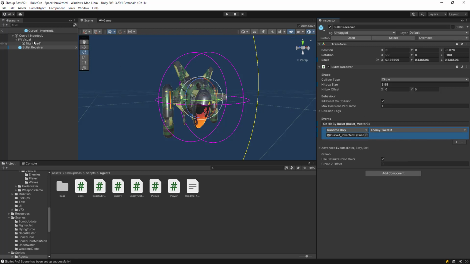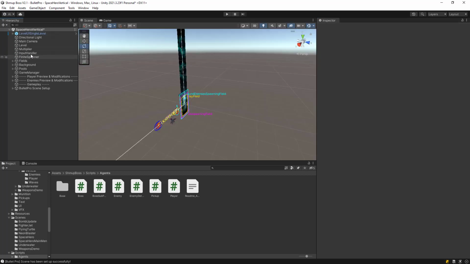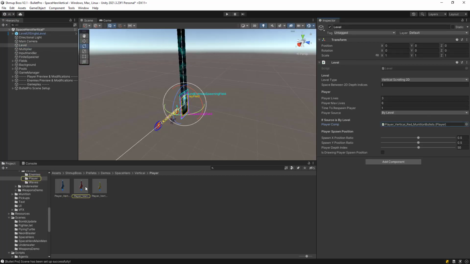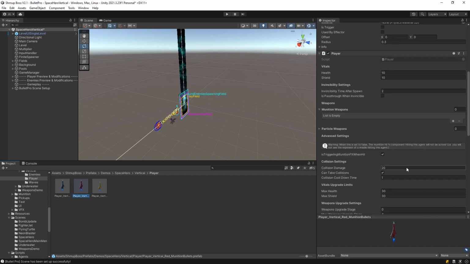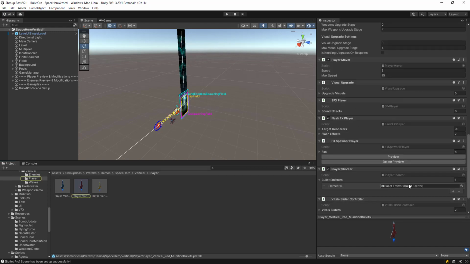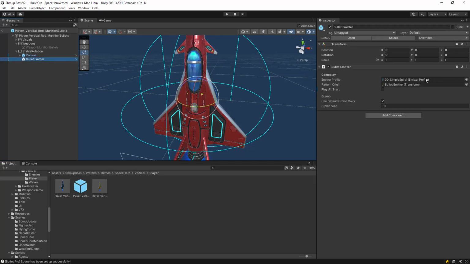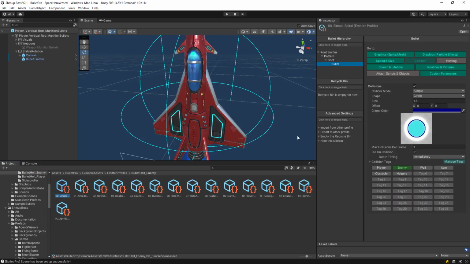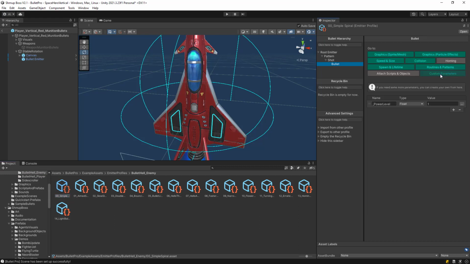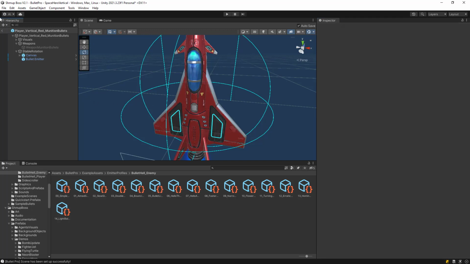Let me show you the power level. The power level is located over. Where is it? My power level. Bullet emitter. See, power level. Let's make it 100. Everything dies once it hits the bullets. So you just see it's just any custom parameter, but it has this one, and we just added it